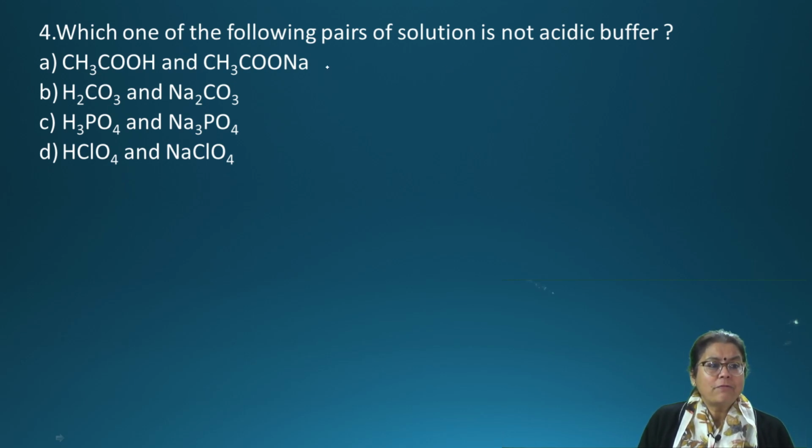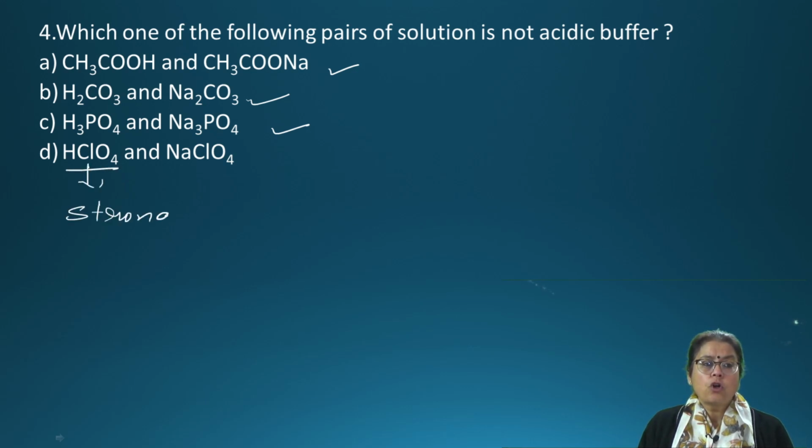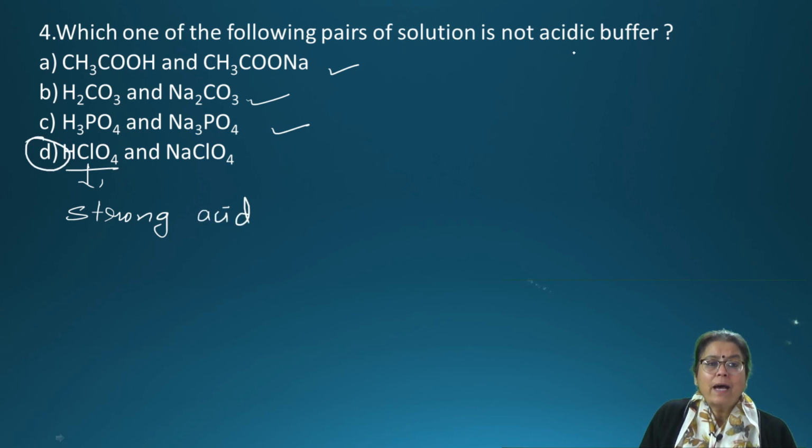तो ये तो acidic buffer हो गया, ठीक है. और next आपके पास H2CO3 is a weak acid, Na2CO3 base strong, H3PO4 weak acid, Na3PO4, HClO4 and NaClO4. अब ये HClO4 जो है, this is a strong acid. So the correct option over here is going to be D. जो acidic buffers होते हैं, they are formed by a equimolar solution of weak acid plus its salt